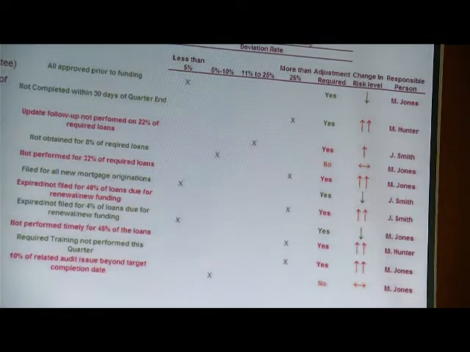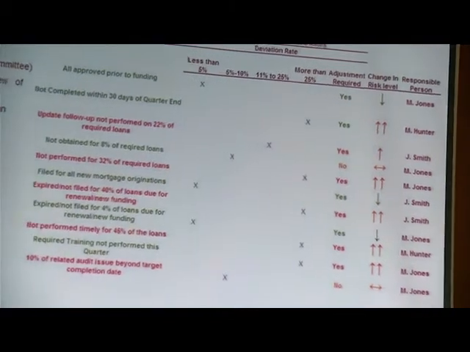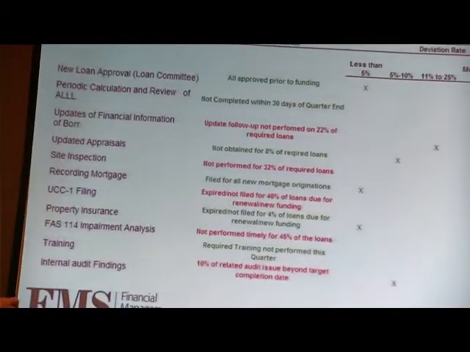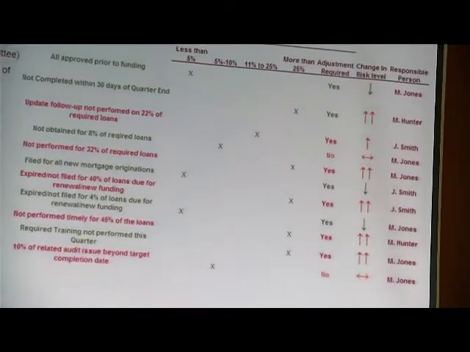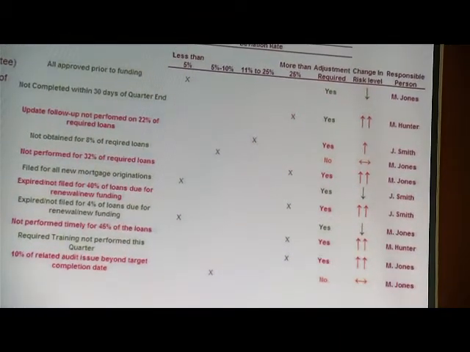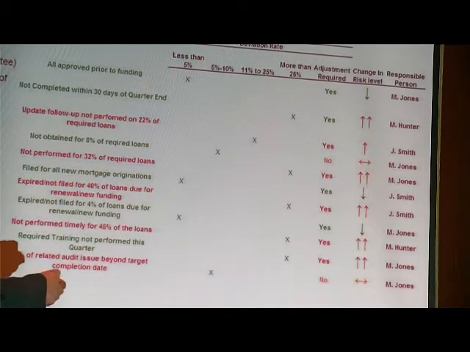On the other hand, periodic calculation and review of the allowance for loan loss, which was required to be done within 30 days of the quarter end, wasn't completed. Therefore, this is only one aspect of it. The deviation rate is a maximum here, and there's an adjustment too, and now we increase it. So each one of these deviations can either lower the risk, leave it the same, increase it, or increase it two levels. And changing the risk level, this column right here, is really what we're trying to gather to measure residual